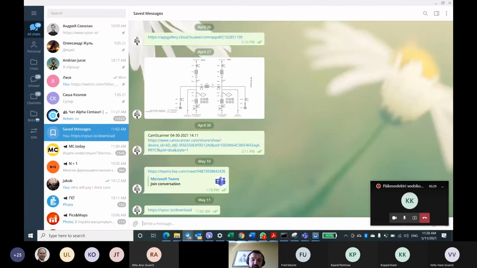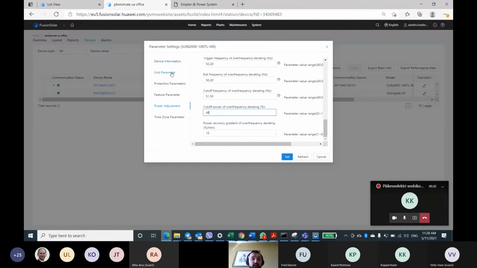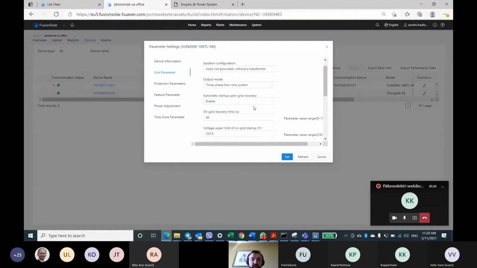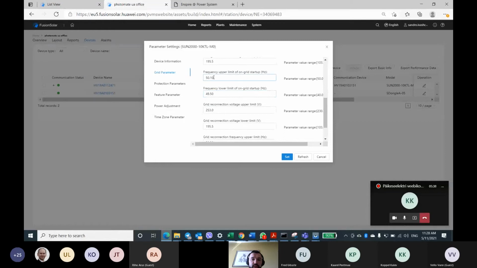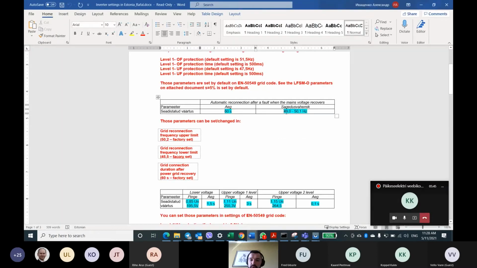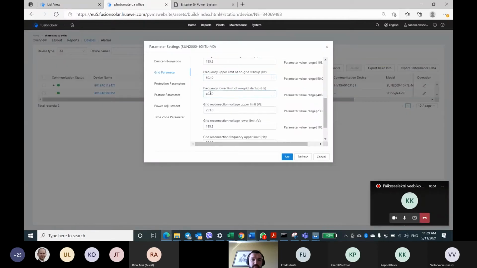This setting is located on the grid parameters page. And you scroll down, and here is frequency upper limit and frequency lower limit. The frequency upper limit, according to you, should be 50.1, and the lower limit is 49.0. So you put here 50.1 and 49.0, basically is a standard value.